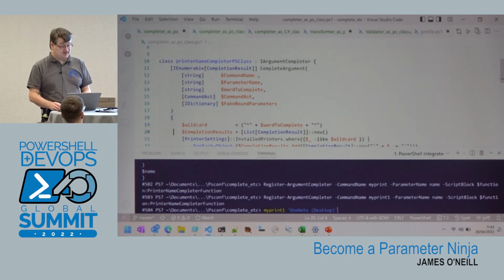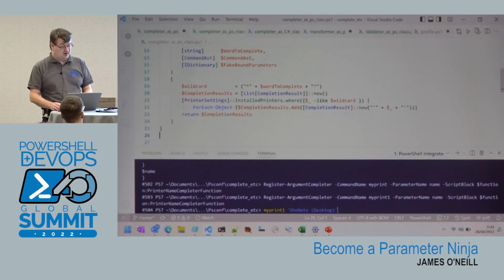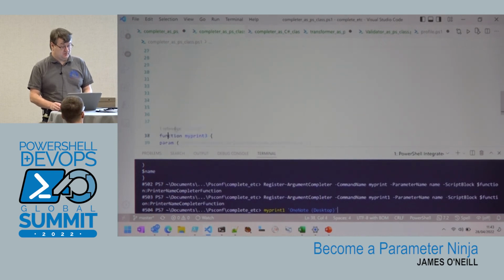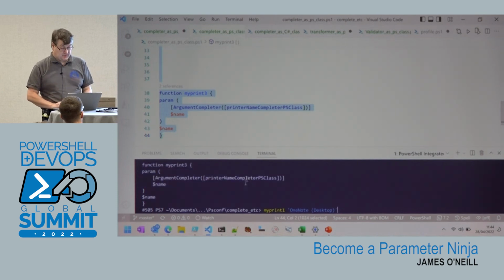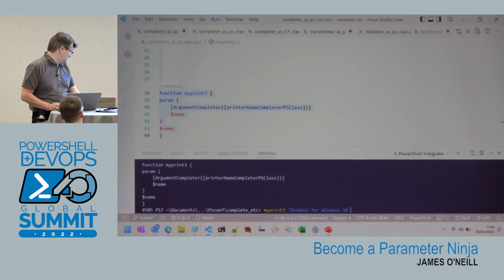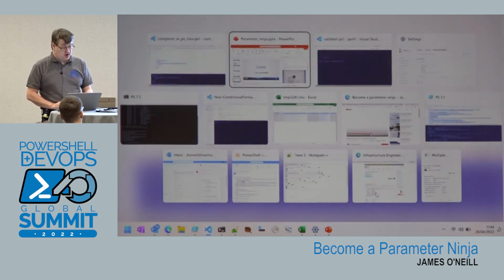The rest of it's exactly the same, except we're more explicit about returning the result. And now when we call it, we just put the name of the class there with square brackets around it. So if I do the same thing as I did before, load that, and if I do myprint3, I can tab complete that, and you can see, again, it's just going through a list of my printers. So that all looks quite good.